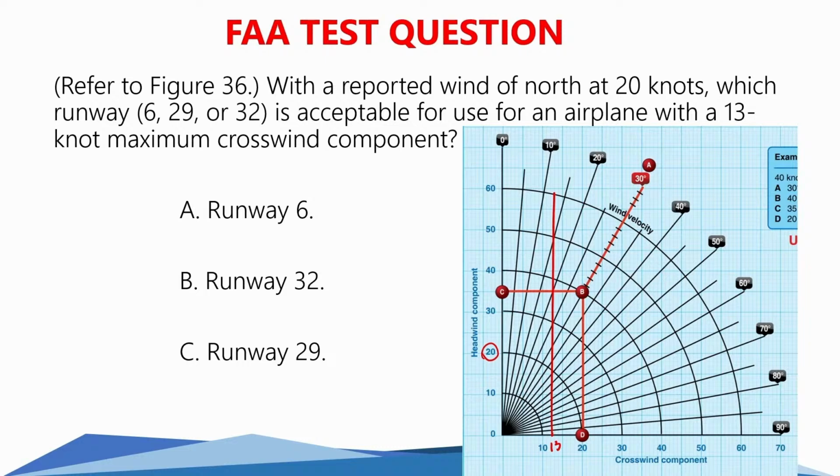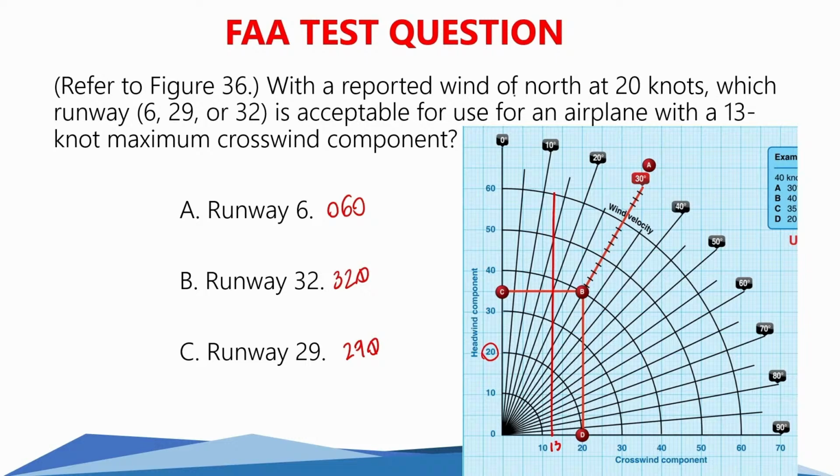So which are the ones that are going to be at or less than 13 knot crosswind? Okay. So very simply, you can go through each one of these. Runway 6 is going to be 060 degrees. Runway 32 is 320 and 29 is 290. Okay. So now that we have the actual magnetic numbers, the next thing is how is that going to apply